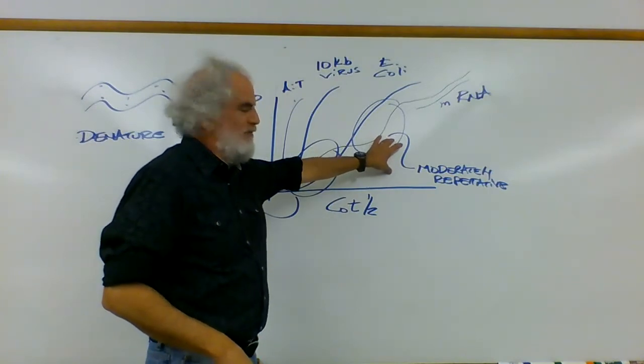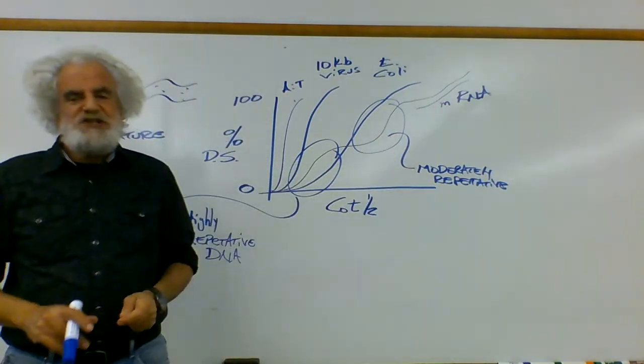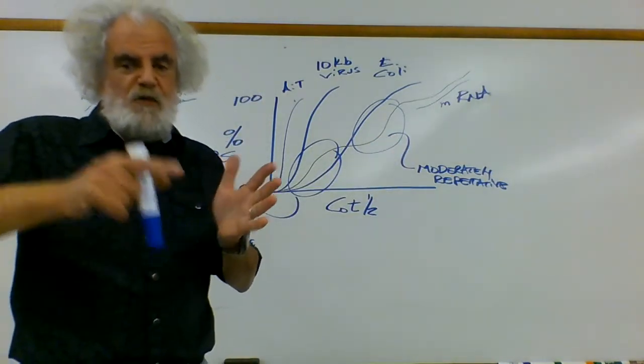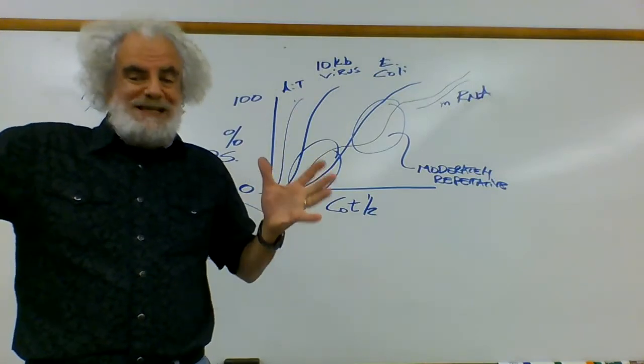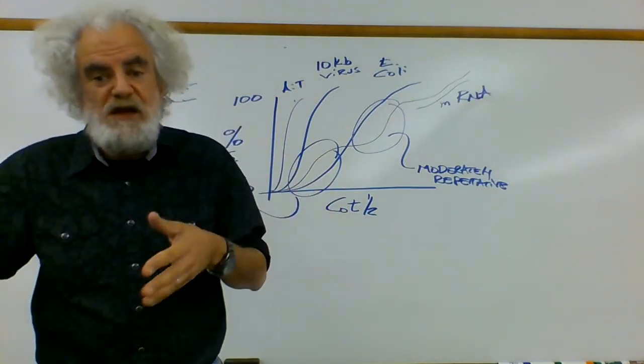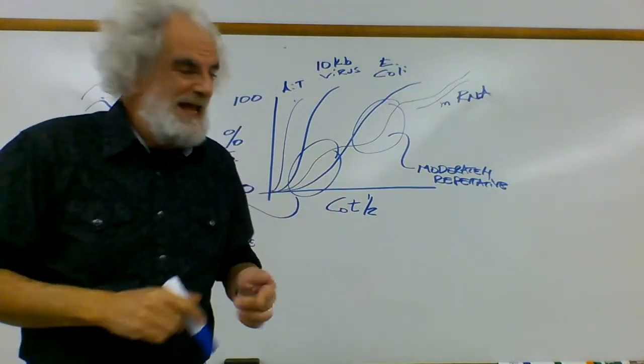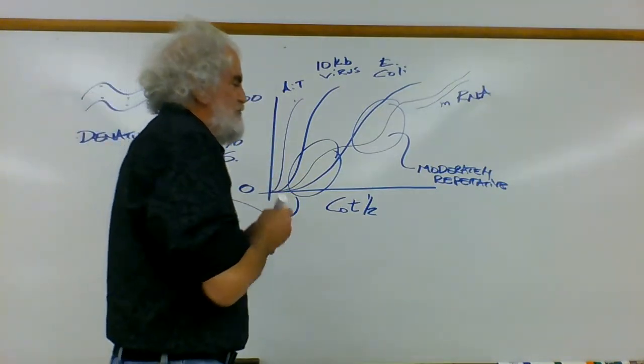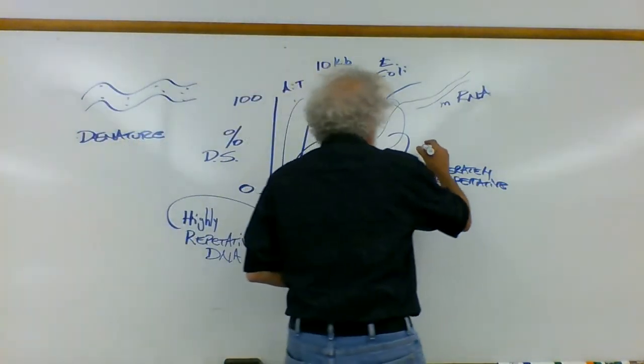This sequence, the moderately repetitive, represents things that have repeat sequences, but the piece of DNA that is repeated is pretty big, say 1 or 2 kb. And an excellent example of moderately repetitive DNA would be things like